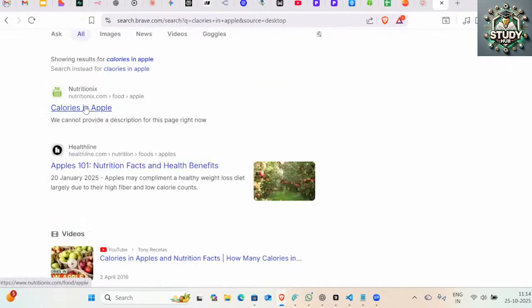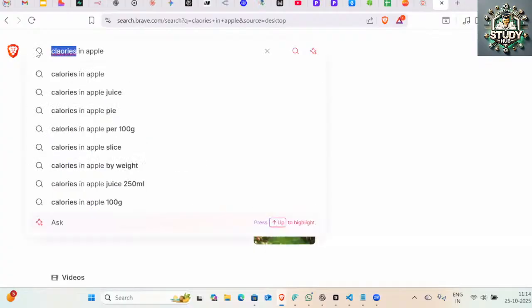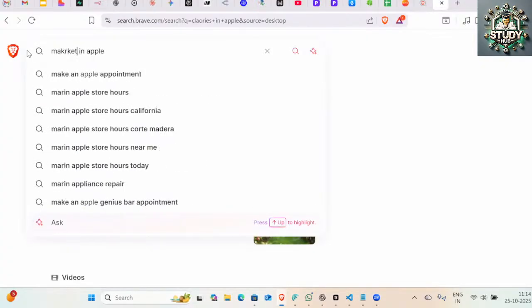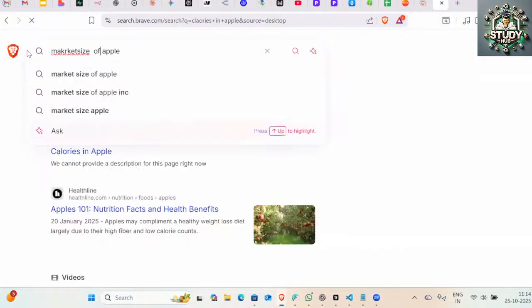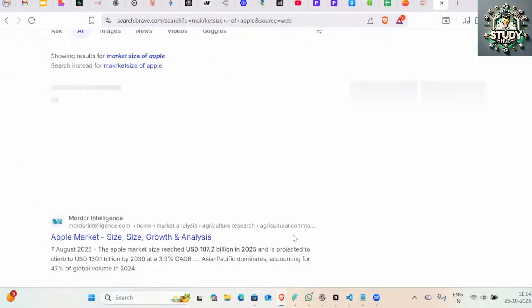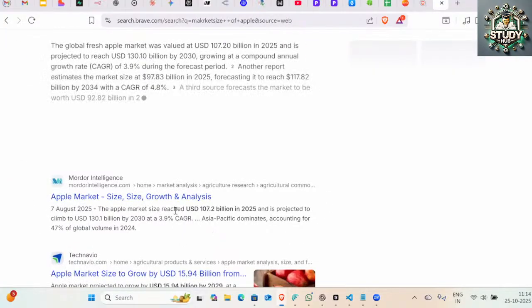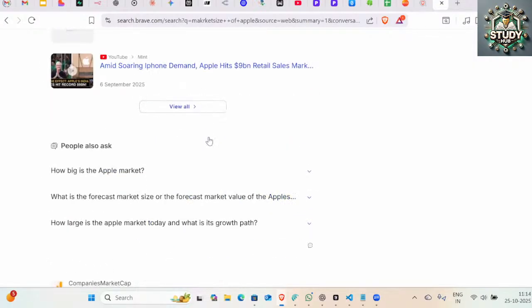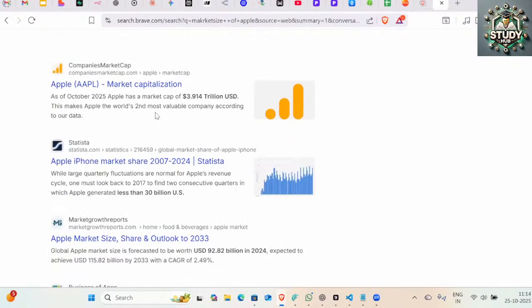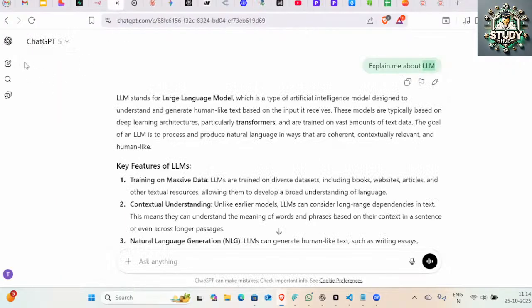The answer is no. If I type "market size of Apple," it is talking about the growth of the Apple brand. It can be both, right? It can be the market size of Apple. So that is how the model needs to understand what words are associated with what particular thing.